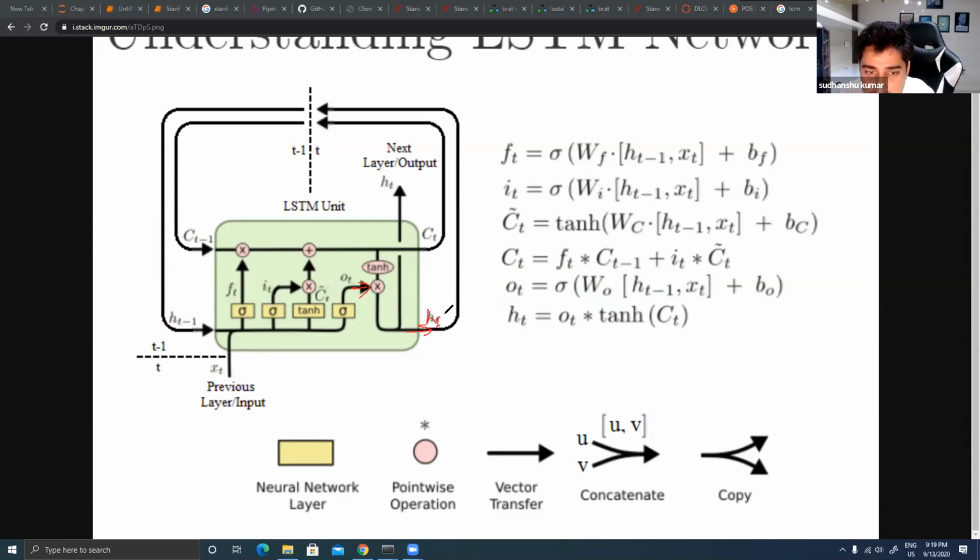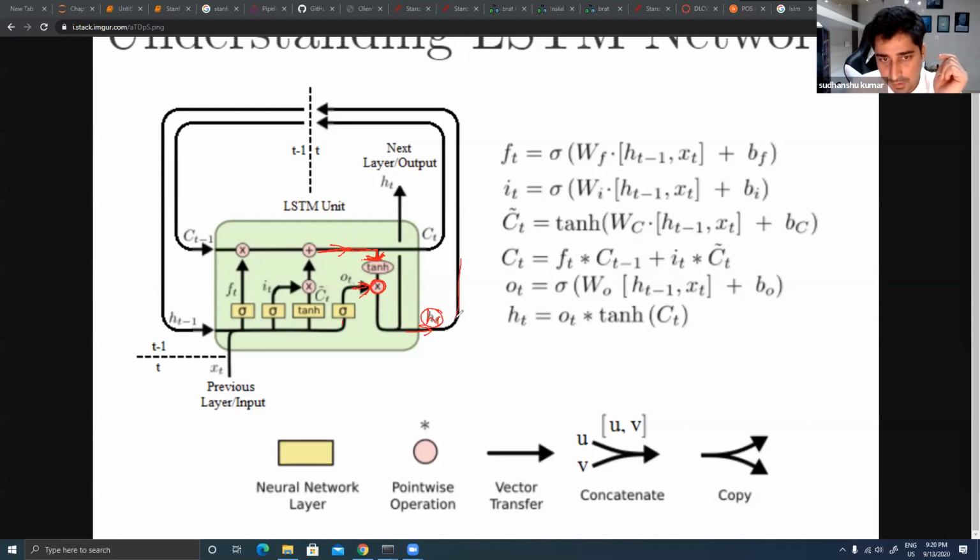The final output is h_t. It is whatever outcome you get from this, multiplied by the output which comes from the context vector that I have already created throughout the network, throughout the data that we were passing. I keep passing those instances and multiplying, so whenever I give the output, I multiply each and every context from the past, and then I can give you the output at time t.